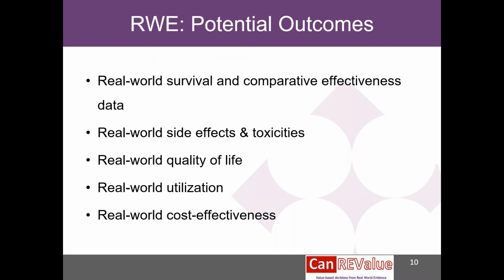So moving on, what are the potential outcomes that may be relevant for many different stakeholders in terms of real-world evidence? I think in the space of cancer, naturally, people will be interested in real-world survival. We want to know how our patients do in the real world, how long they live, and in addition, whether they do well on these cancer drugs, whether they have side effects that are manageable or side effects that are challenging to manage that lead them into hospitalization or even potentially fatal side effects from those drugs.